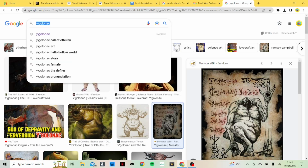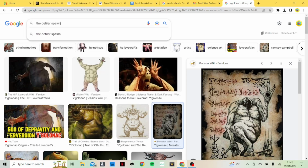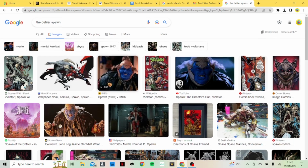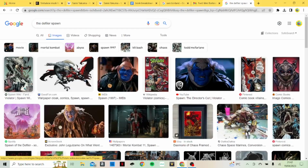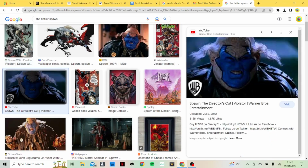I think it's interesting as well, just on a side note, that the Defiler, or something like that, is an entity in the Spawn universe. And obviously, if Ugolanak is often known to be the Defiler, the Great Defiler, in the Spawn universe, the Great Defiler is a clown demon. And this demon has this spider-like form here,